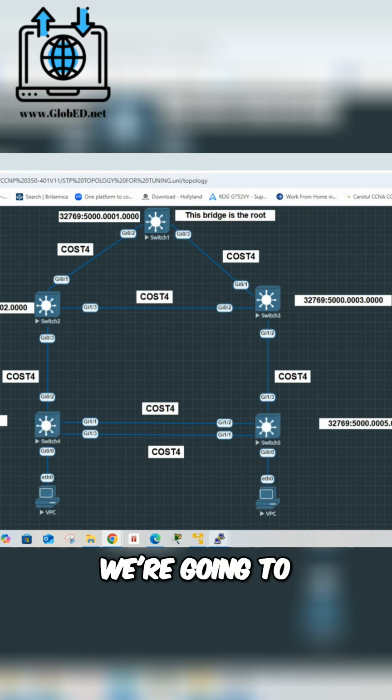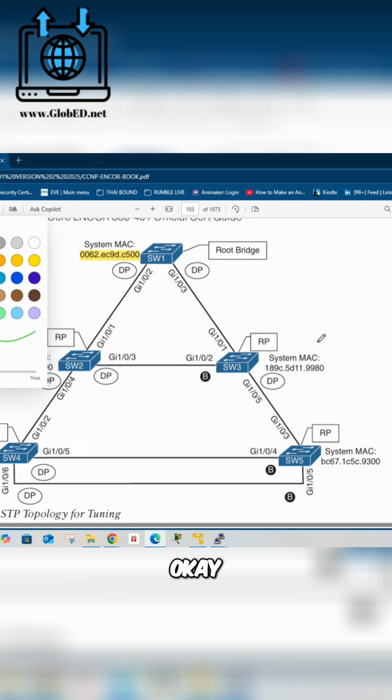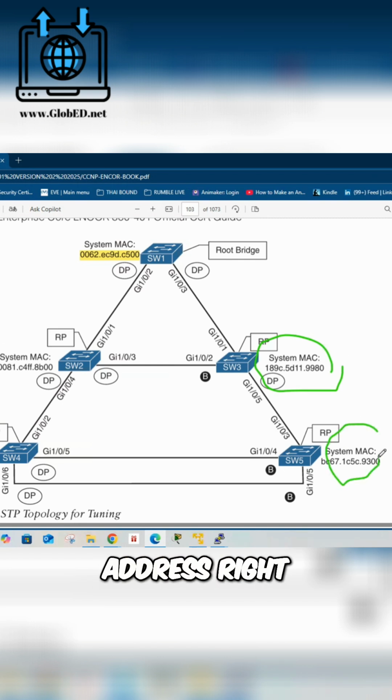Now, the first thing that we're going to do, because if you look again back at this diagram, it says that the root bridge is up here, and the root bridge is the lowest MAC address, system MAC address. These are the 2 highest ones. I'm going to highlight and then erase. So this right here is the lowest MAC address versus, you know what, I'm just going to draw and make things a lot simpler. Let me get a different color. Let's get green. Okay. And this MAC address right here, and this MAC address right here are